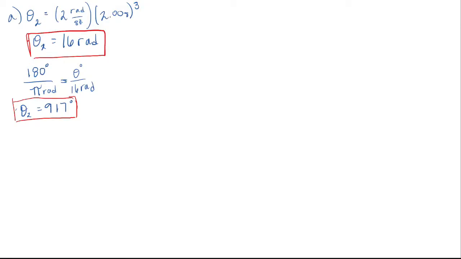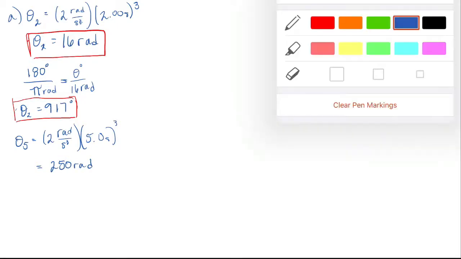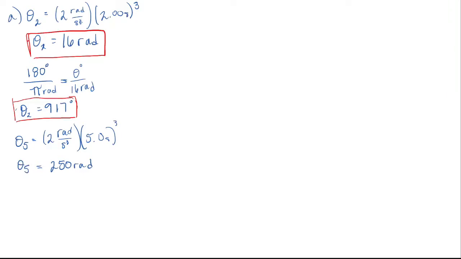Okay, so it said do that for both 2 seconds and 5 seconds, so we're also going to do this for 5. I'm just going to call that theta 5. And again, it was 2 radians per second cubed times the time cubed, which is now 5 seconds, so that is 250 radians. And then if I want to put that in terms of degrees, I'm going to do exactly the same thing. I'm going to make the same ratio